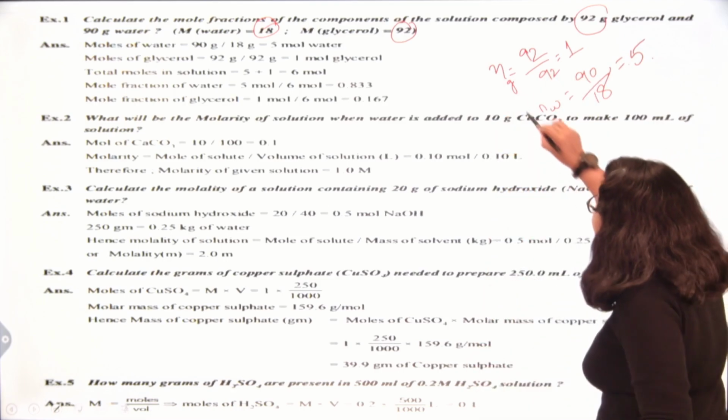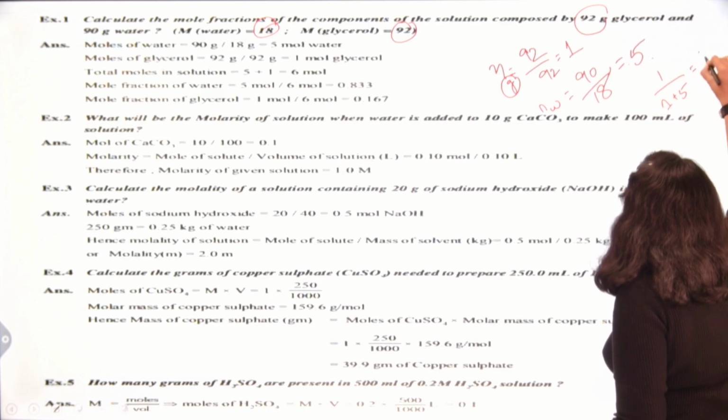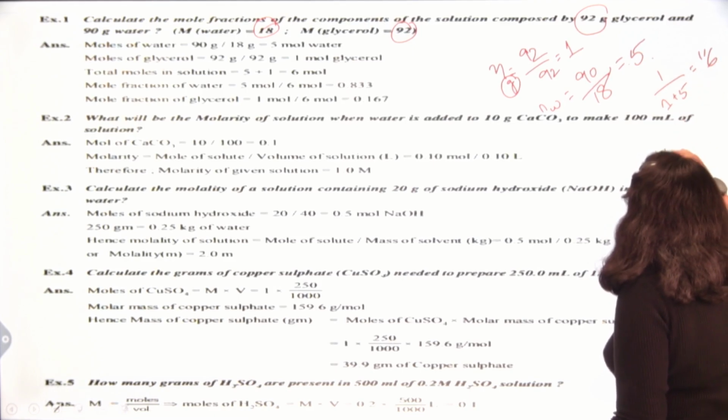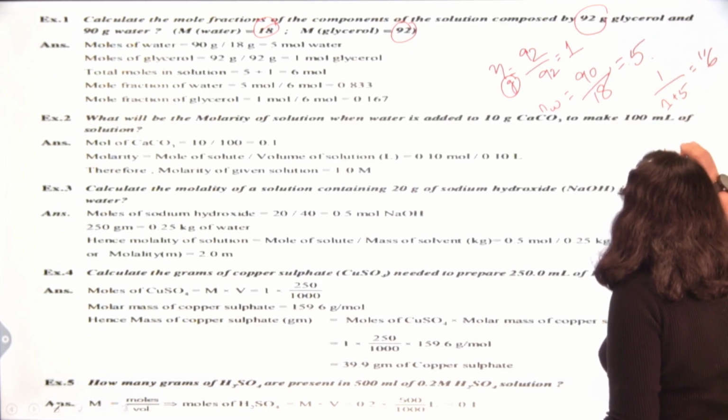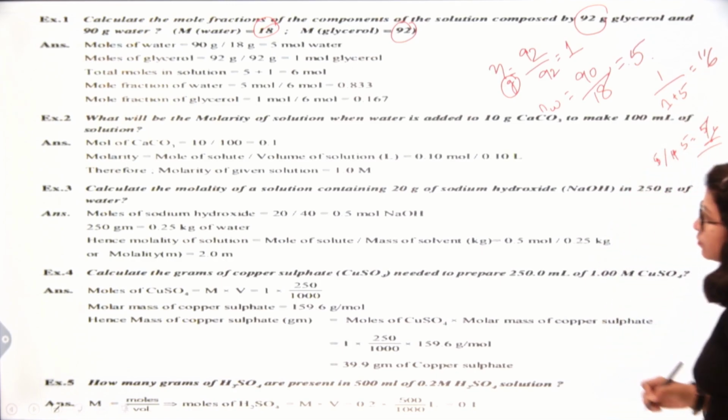Mole fraction of glycerol will be 1 by 1 plus 5, that is 1 by 6, and that of water will be 5 by 1 plus 5, that is 5 by 6. Okay. Now,